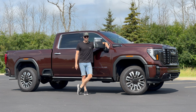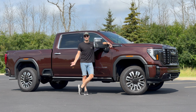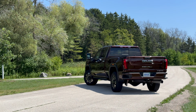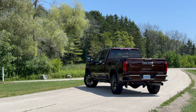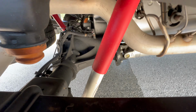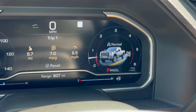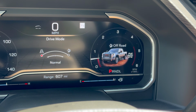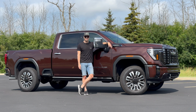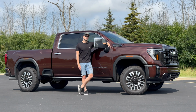Number two, it seems like there's some needless off-roady stuff, and I don't think this is necessarily a bad thing, but it's more of a strange thing. The reality is no one is off-roading this thing on more than maybe a gravel road or something similar to that. But it still has all-terrain tires, you still have Rancho shocks, and you still have a self-locking rear differential. And you do have an off-road mode. It's one of your two modes. The other is normal. So again, it's not really a bad thing, but it is just kind of interesting to see an all-terrain tire set here on something 95 grand and the ultimate luxury version of a Denali